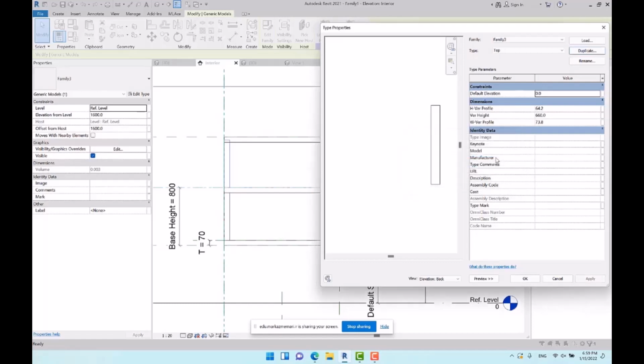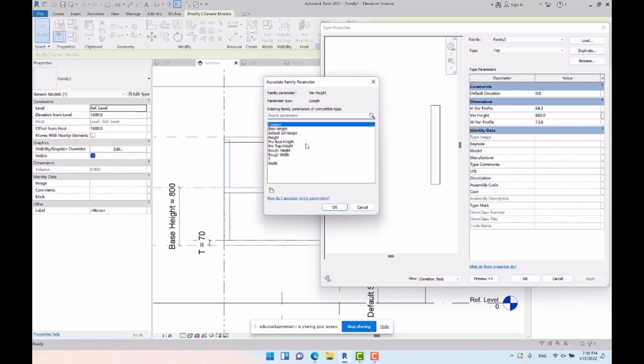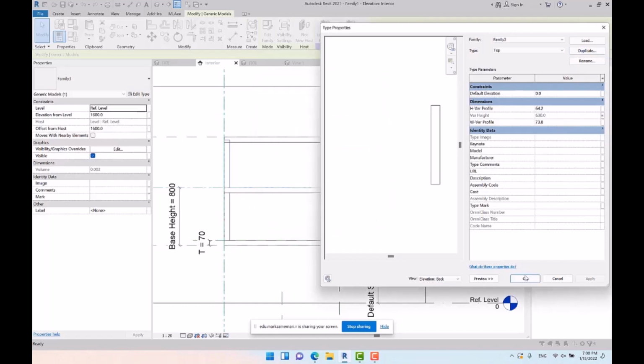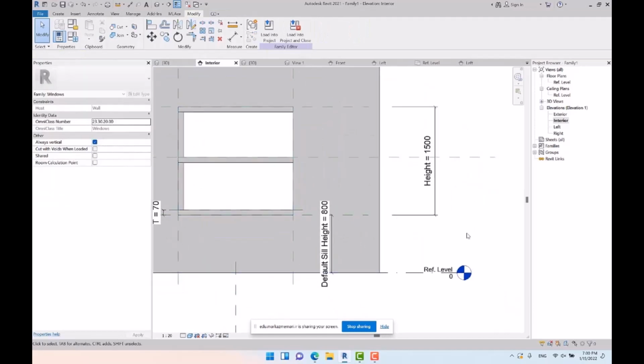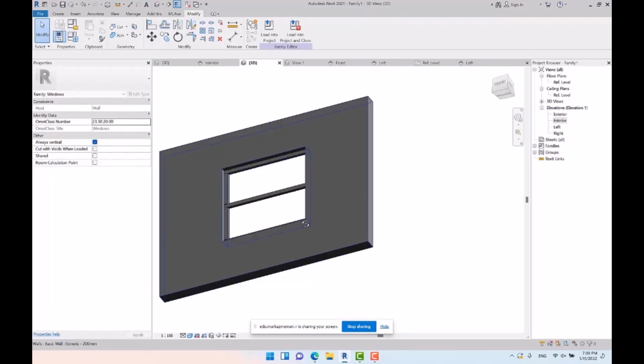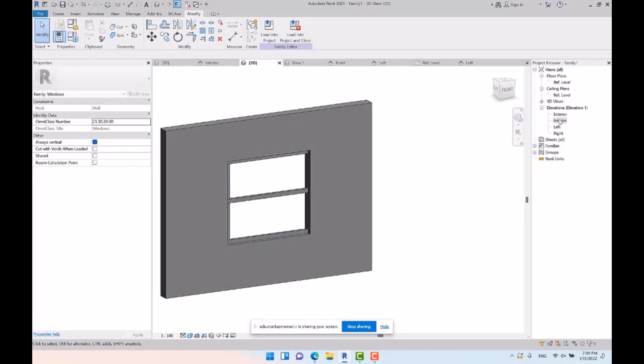I click on duplicate, and you can even name it top. I create a new type, then as you can see the dimensions are removed, so I can associate these three parameters from scratch. I associate vertical height to pro top height. Well done. Till now we have passed most parts of the process, and here we got the window,